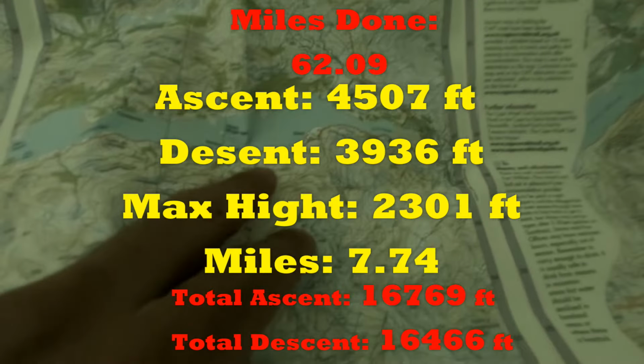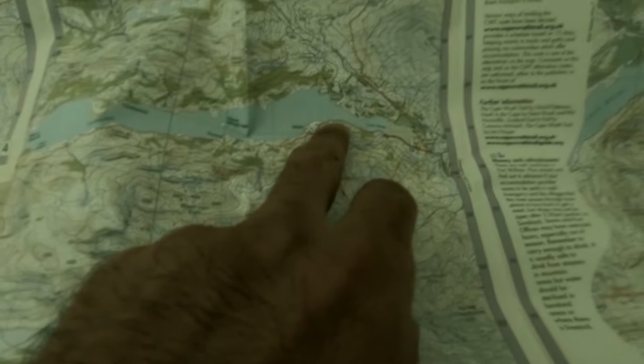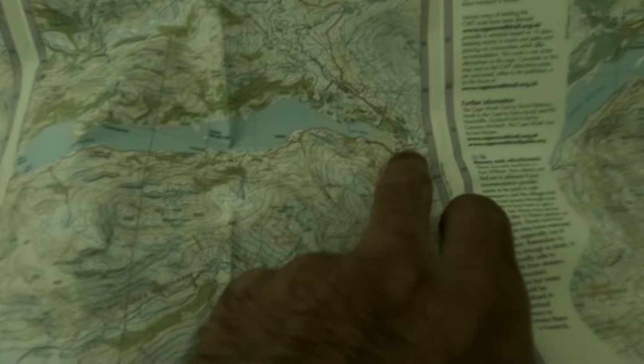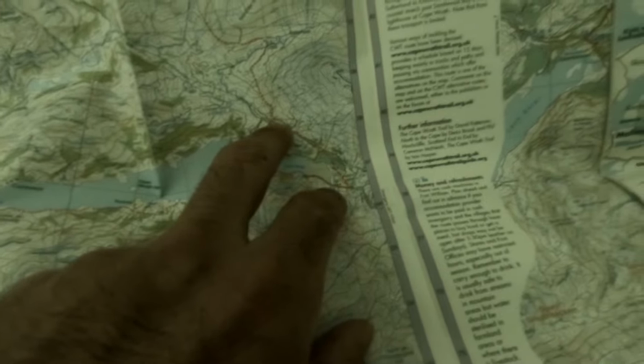Okay, end of day 6. So we started off from our wild camp position on Loch Bay around here. We walked along the loch into Glomach Horn. We had a cup of tea there. They supposedly did all day breakfast there according to the book, but nothing doing there, so that was a big disappointment. So we carried on up a four-wheel drive track here up onto the mountainside, and we climbed all the